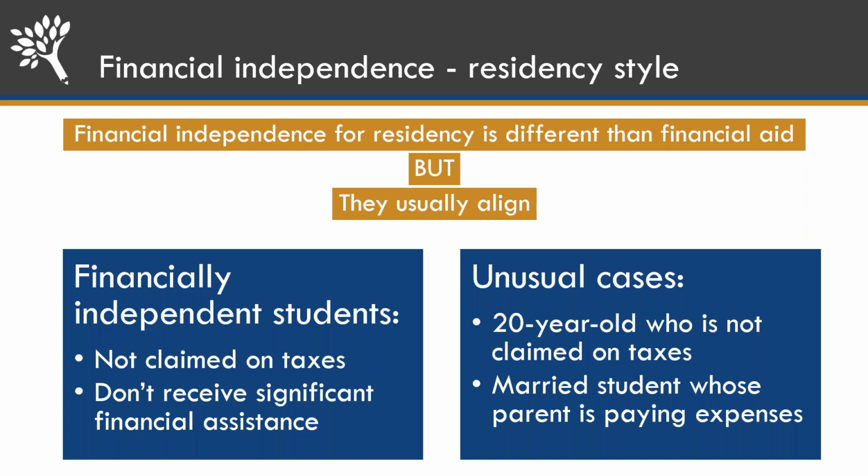The second case I have here is totally possible, where you would have a married student who, by virtue of being married, is independent for financial aid purposes, but if their parent is paying all their expenses, for residency purposes they actually wouldn't be. But you're not really going to know that, again, unless the student tells you. So I just wanted to make sure you were aware of this. We're not asking you to do anything different than you were already doing. We just want you to understand that sometimes you might have a student come to you who says, wait a second, I'm actually independent and here's why.